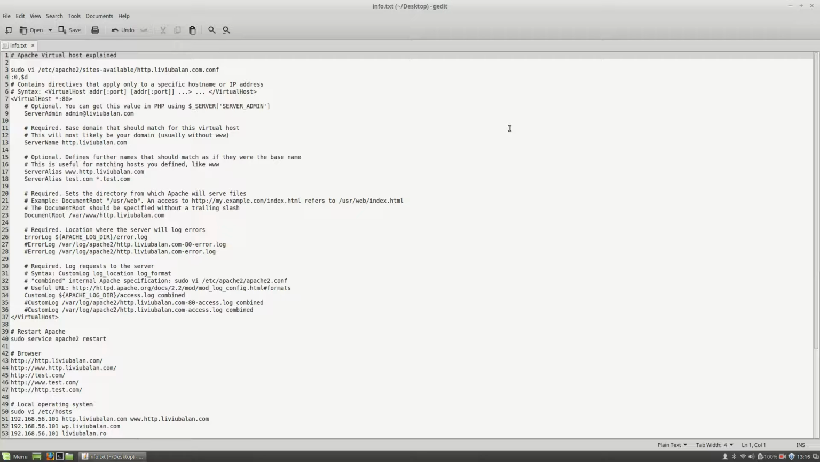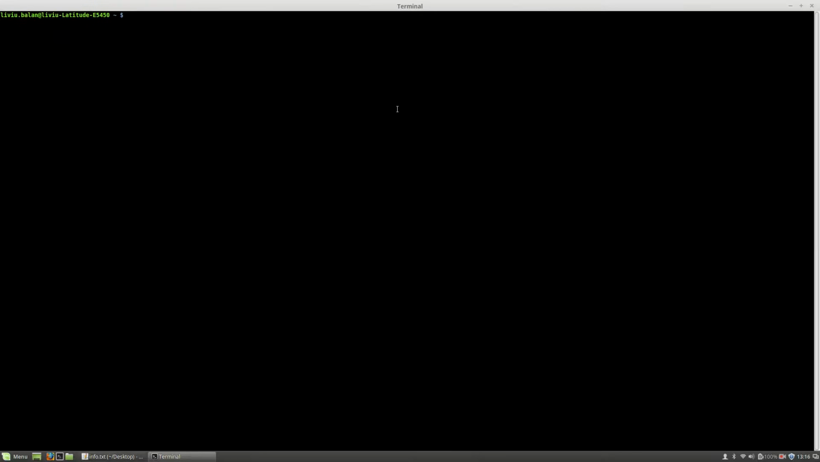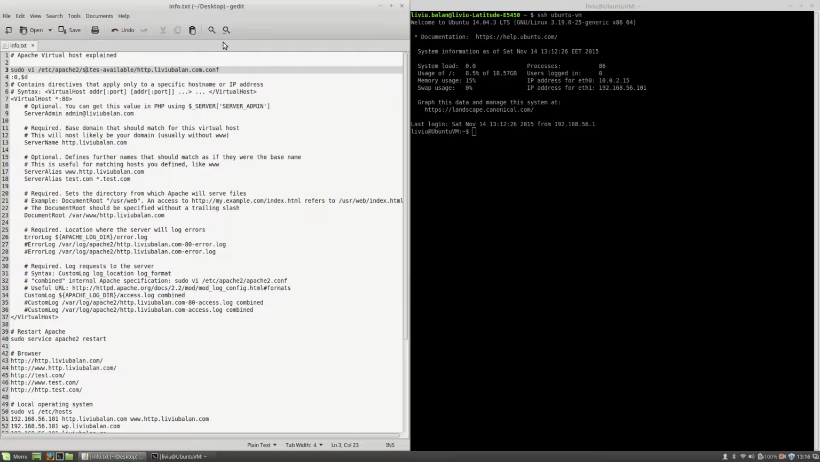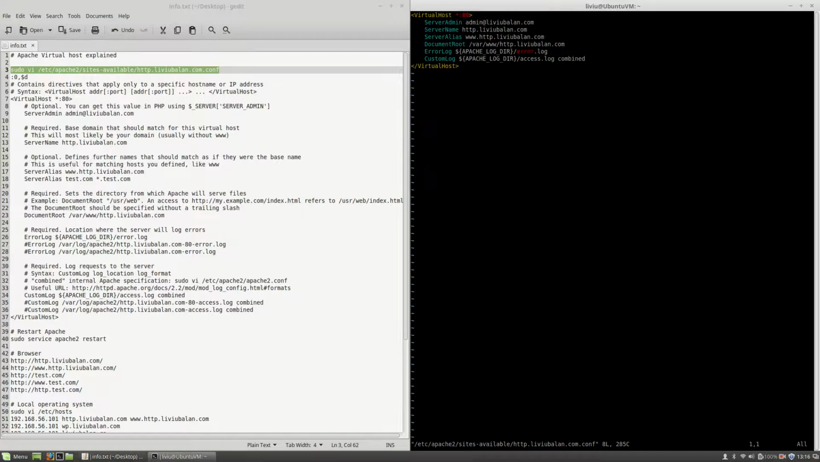First, in order to change an already defined Apache virtual host, I will connect to my virtual machine, and for this I will open a terminal and type ssh ubuntu vm. Here I will edit an already defined file, liviubalan.com.conf. Remember that you will have to use sudo rights, and in this file I will erase the content